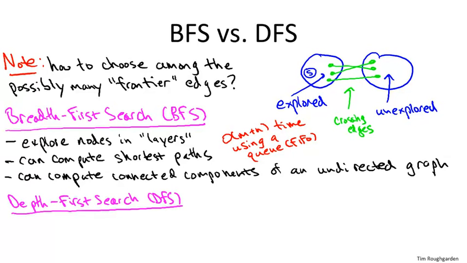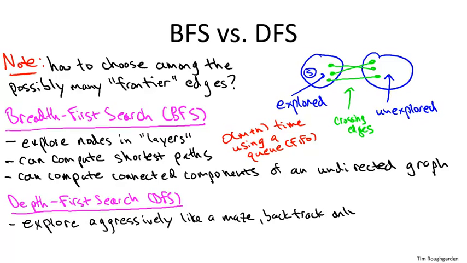Depth-first search will also have its own set of applications. It's not, for example, very useful for computing shortest path information, but especially in directed graphs, it's going to do some remarkable things for us. So in a directed acyclic graph, so a directed graph with no directed cycles, it will give us what's called the topological ordering. So it'll sequence the nodes in a linear ordering from the first to the last so that all of the arcs of the directed graph go forward.